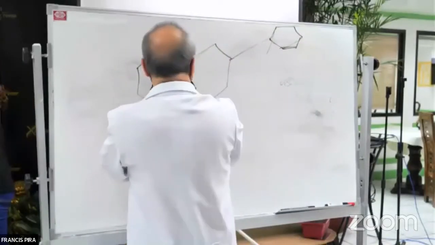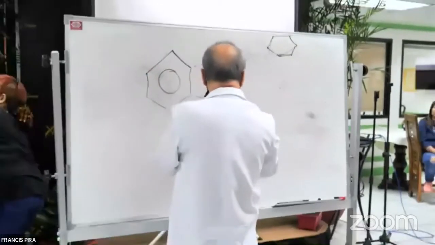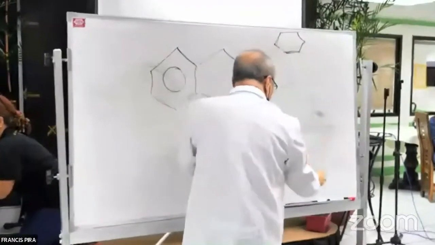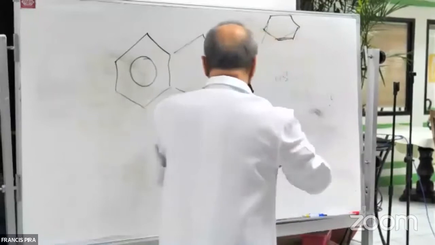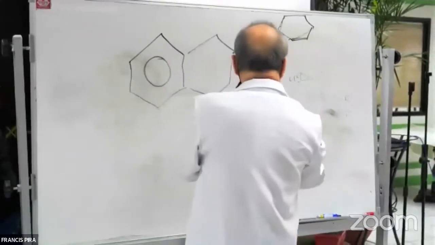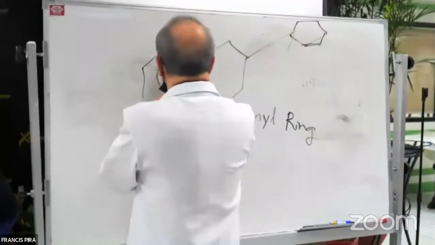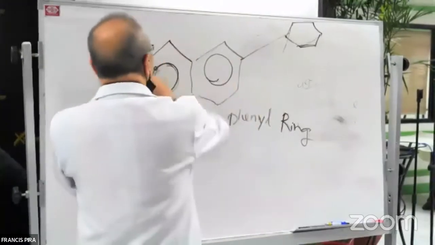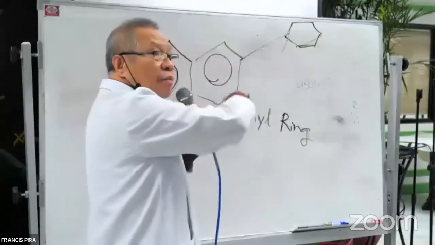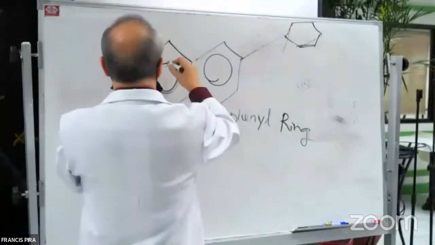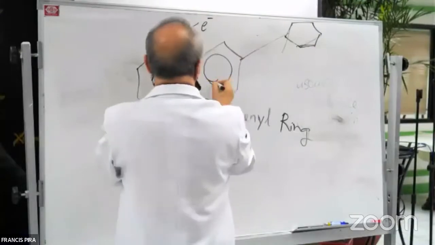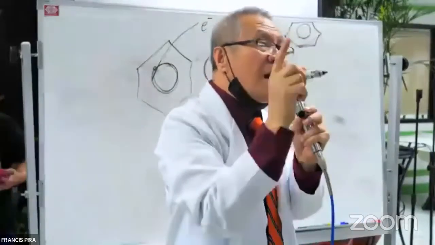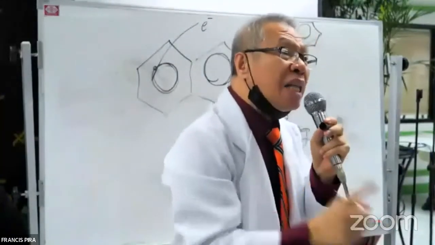So this is what you call a phenyl ring. And our molecule is very rich in phenyl rings. It has a phenyl ring, and that phenyl ring has electrons circulating. The round thing means that there are so many electrons rolling around in the molecule. That's why it is able to donate electrons, because it has so many electrons here. And that is the reason why the flavonol is a very strong antioxidant.